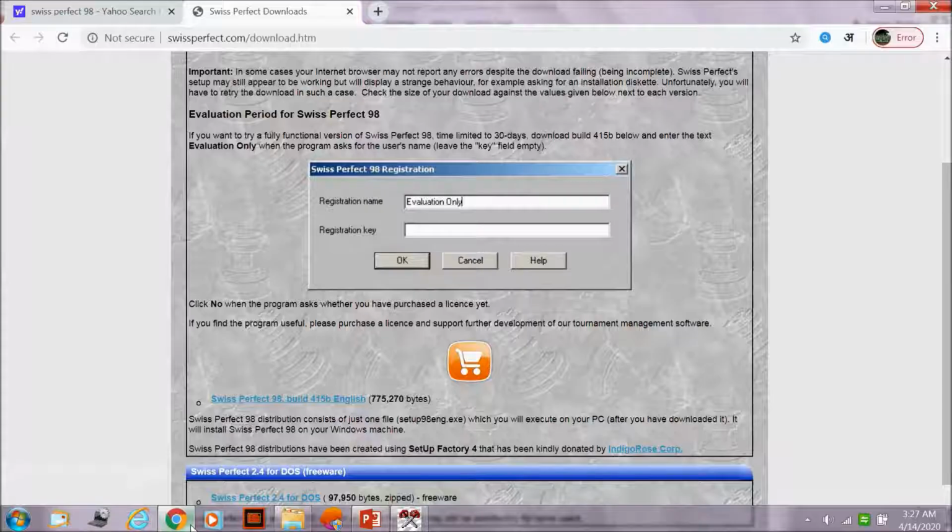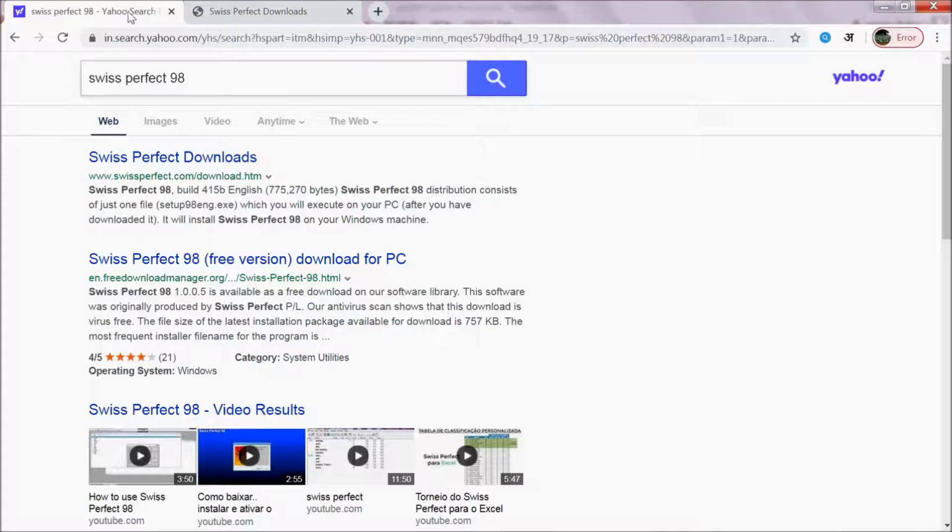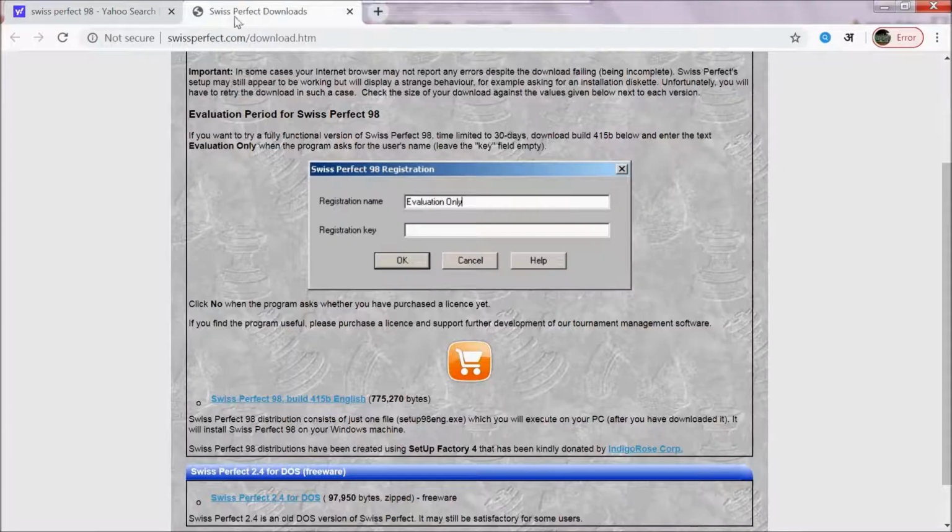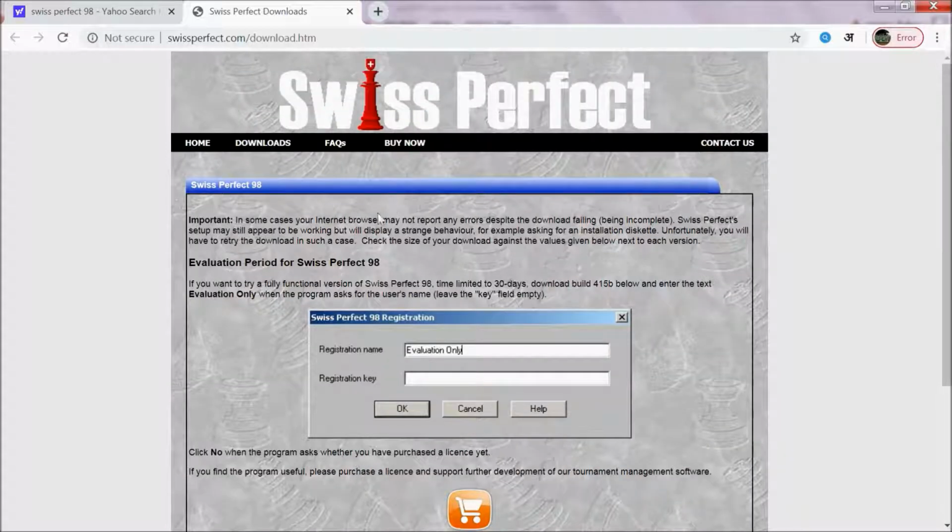For example, you go to Google. On Google, you search either Swiss Perfect 98 or Swiss Perfect 98 downloads. These windows will appear. You go to either this window or that window. It will be the same. And after that, this screen appears having Swiss Perfect on the top.